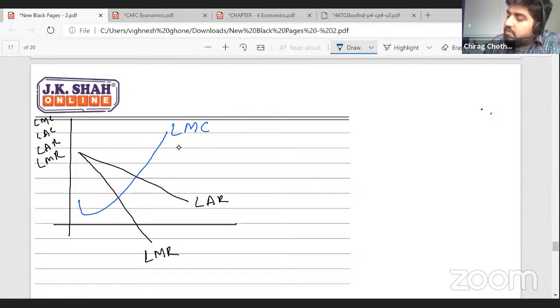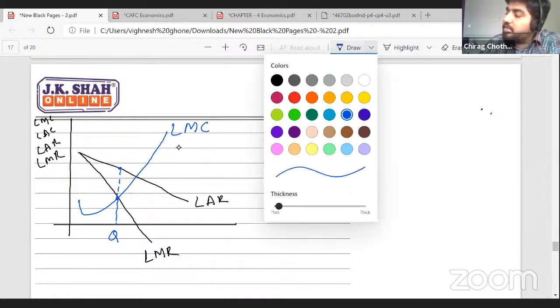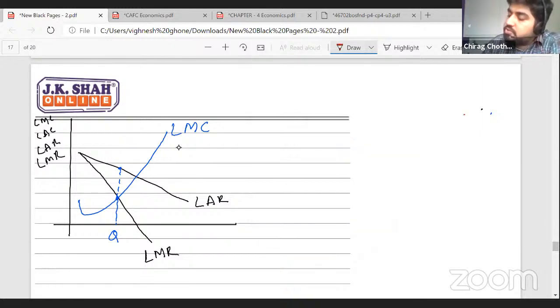This is the equilibrium level of output or quantity. At this point, this is my average revenue. So this is the revenue that I'm earning. Now I have to find out, students, how much is my quantity, right? So depending upon quantity, how much is my cost? So I have to draw a cost curve here. Okay, so this becomes my